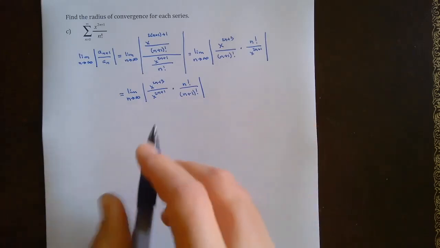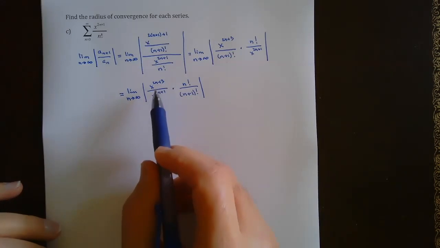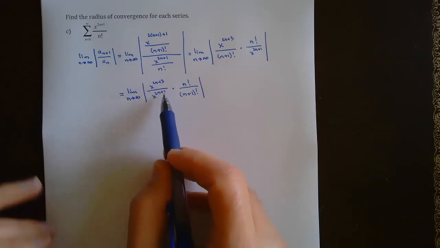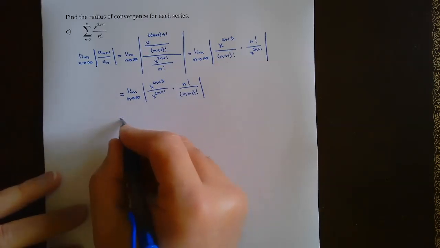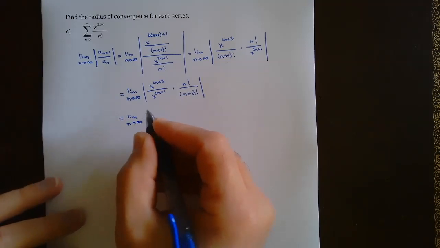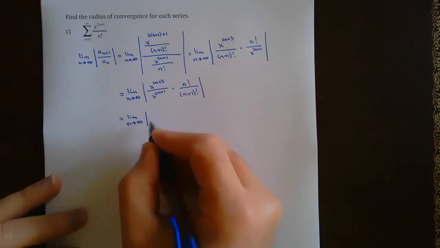Okay, now what happens on this one? Okay, so we have x to the 2n plus 3, and we're going to subtract 2n plus 1 from this power, right? So 2n minus 2n, those are going to go away. 3 minus 1, that's going to be 2. So this winds up being the limit as n goes to infinity of x squared